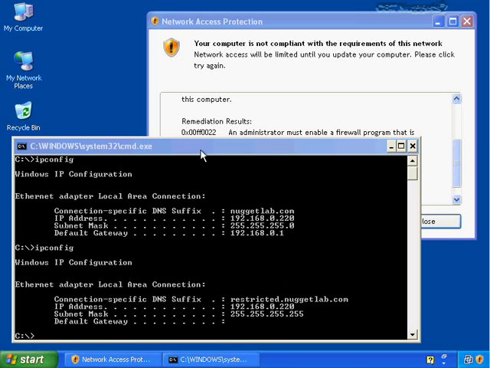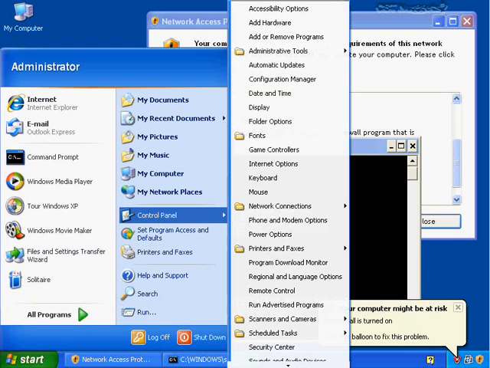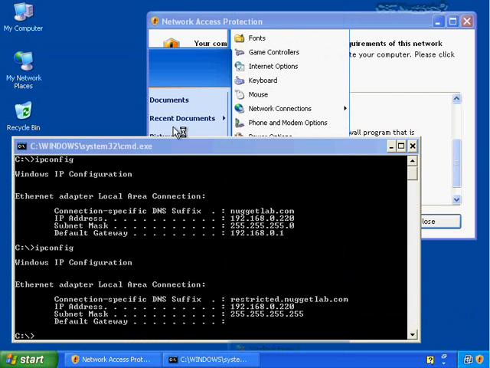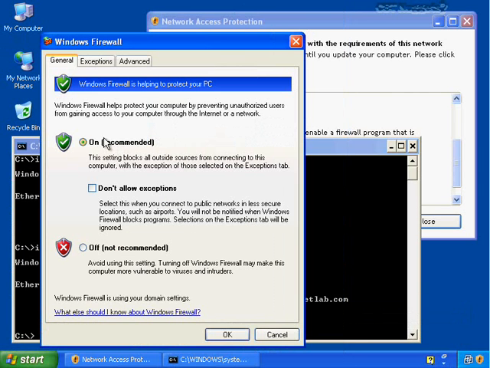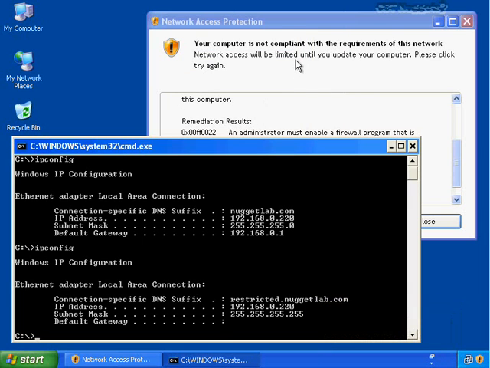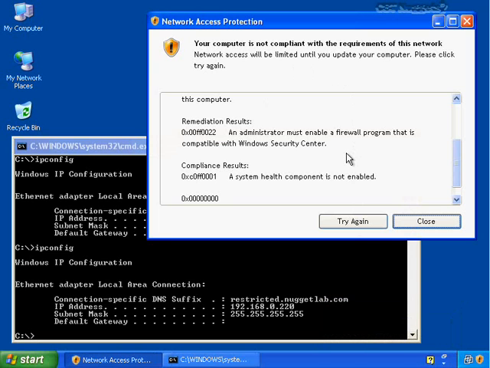If that user were to resolve the problem, for example, if they were to go to Start and Control Panel and then back down to the Windows Firewall again, and we turn the firewall back on again, as soon as we turn that firewall back on, network access protection will recognize that the firewall is turned on and put us back into that correct network as necessary. If we click the Try Again button here, you'll see that eventually network access protection will recognize that we